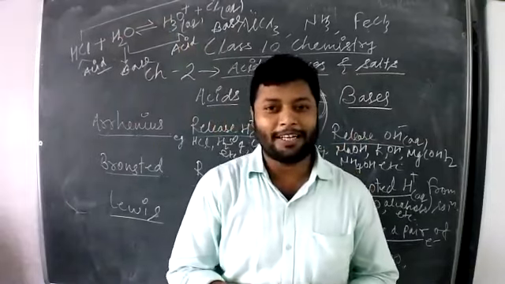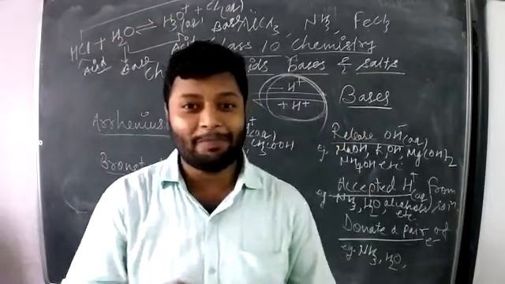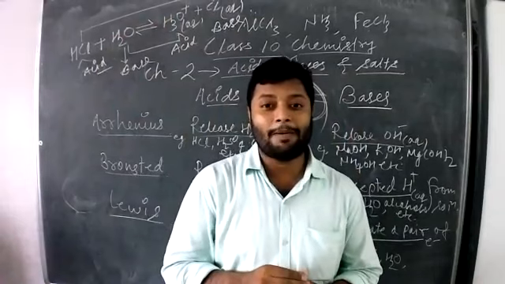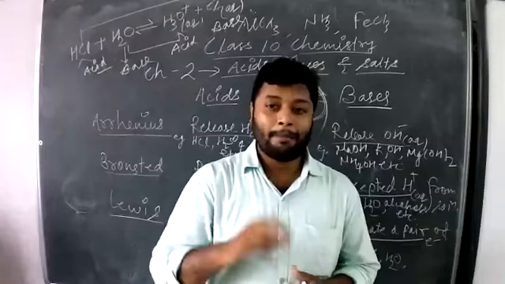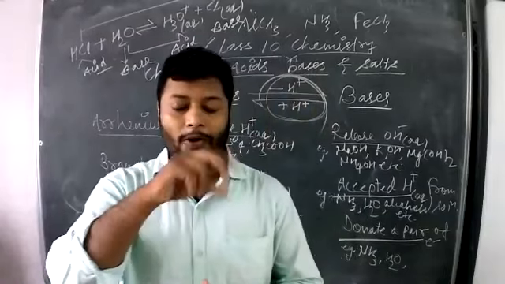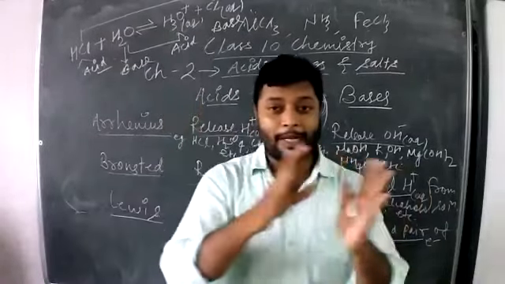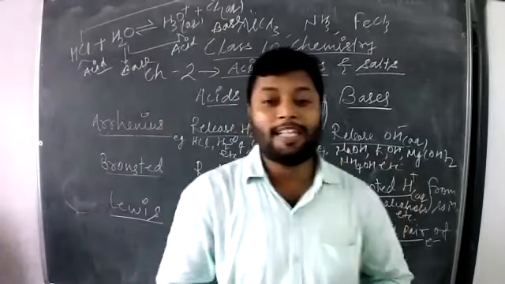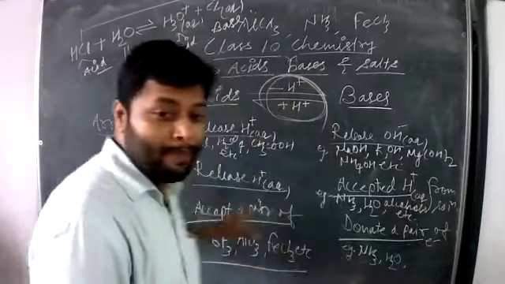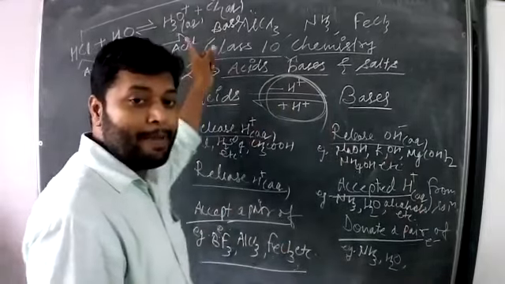You know that, na? How will the plus charge come? There must be a release of electron. How will the minus come? There must be an acceptance of electron. So there must be a transfer of electron. In the same reaction, I can explain the transfer of electrons, and the Lewis concept is also present in the same example.